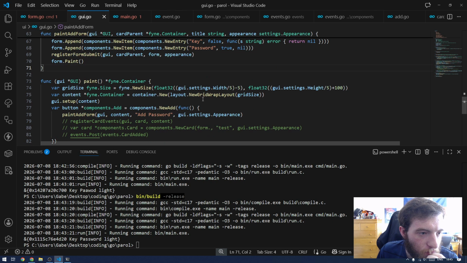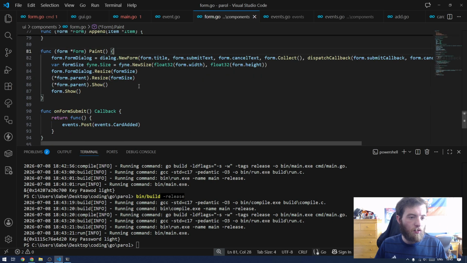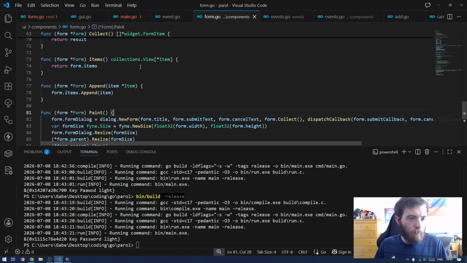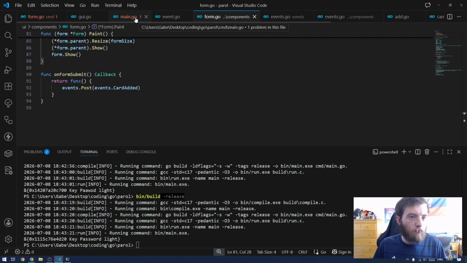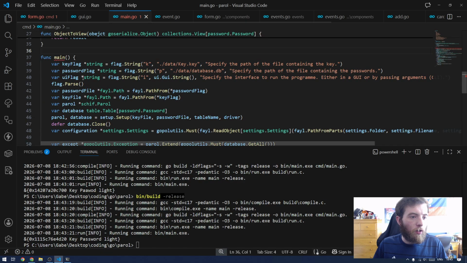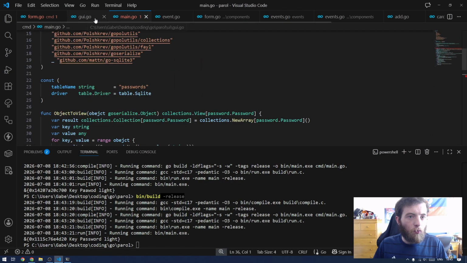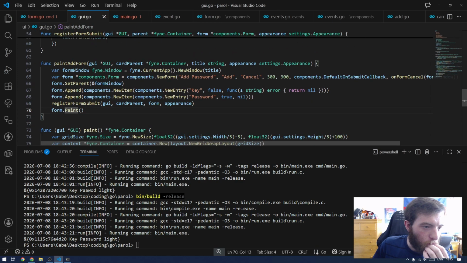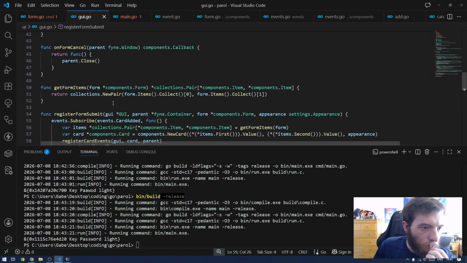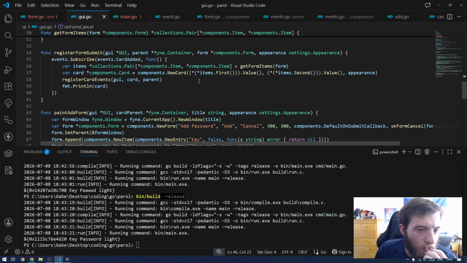Form and then appearance. And we paint. Which paint? Right, and then when a card is added, I think, right, so we'll go to GUI. So when a card is added as well, parent close, right, so on cancel. And then when a card is added,